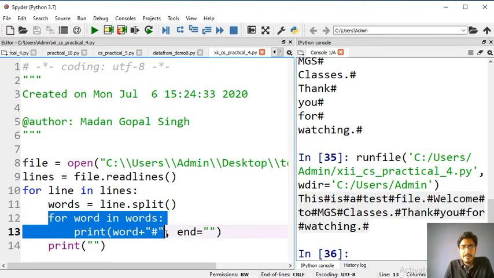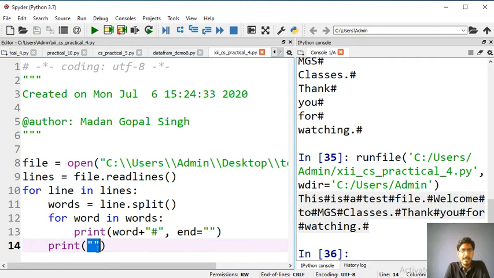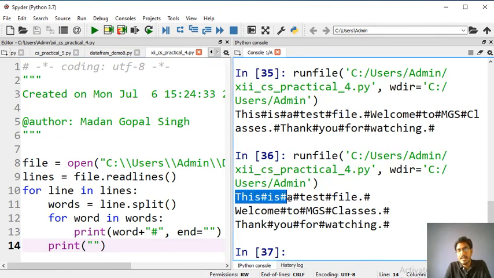After each line, let's suppose the words of the first line are printed, now we want the second line, then I have used print with blank, and by default the print statement will end with a new line. So now it will come as we want. See here, after each word we are able to add the hash.